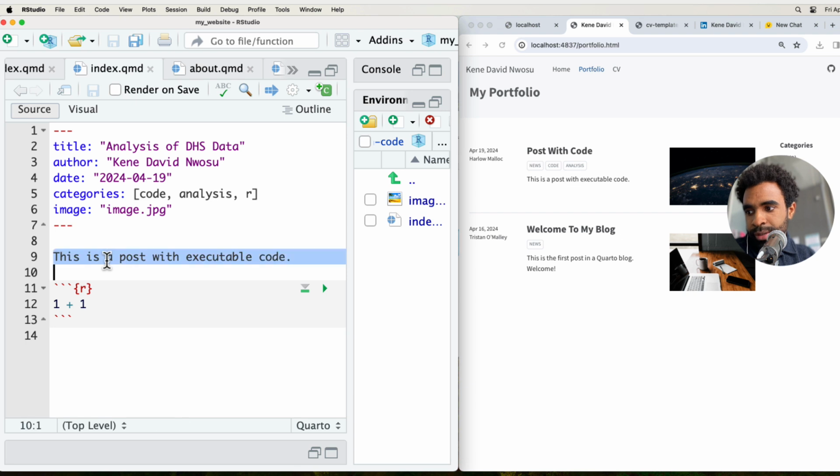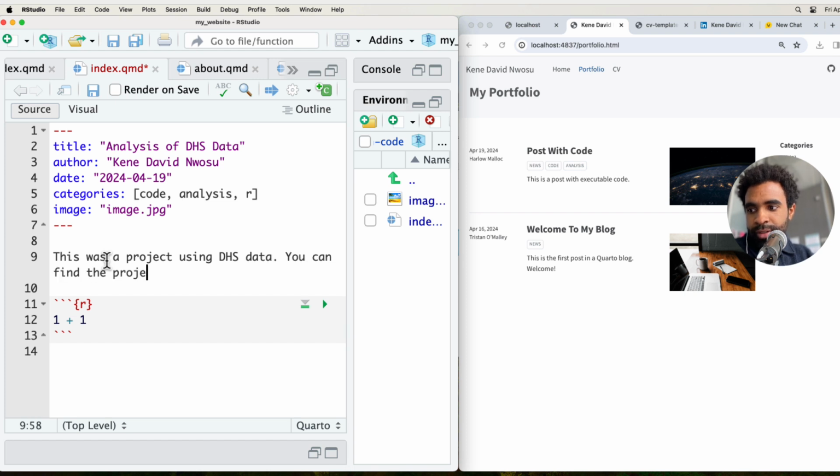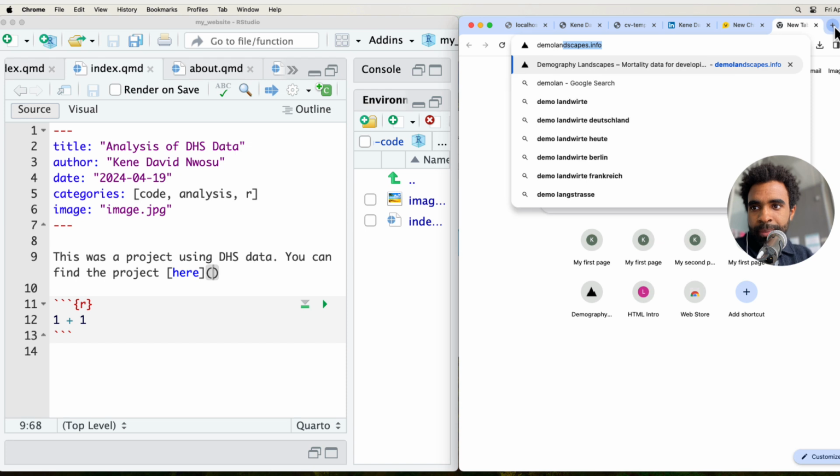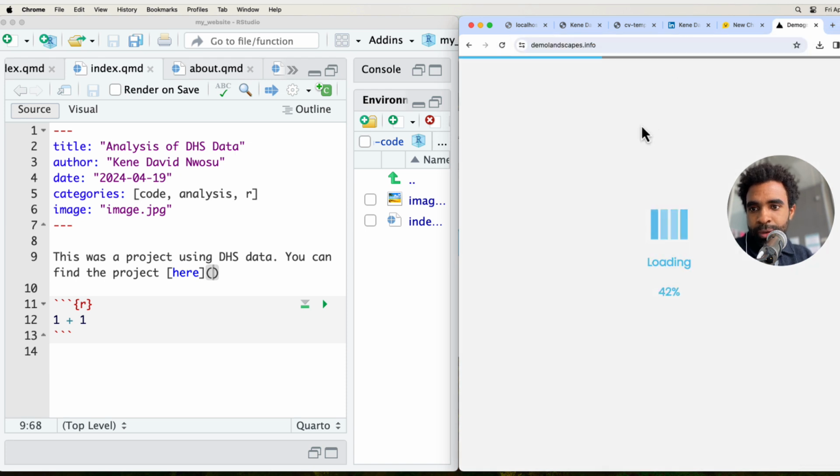And we're just going to say this was a project using DHS data. You can find the project here. And we're going to link to some project. In my case, maybe I'll link to this project I worked on a long time ago called demolandscapes.info, where we